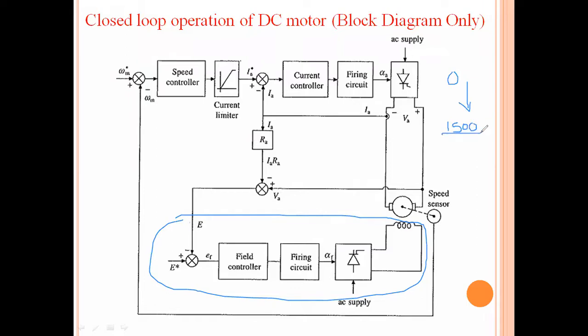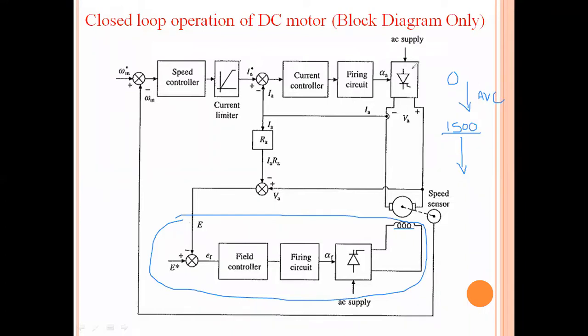If 1500 is the base speed of your machine and you want to run the machine above 1500 RPM, then we will use this field weakening or flux weakening technique, this loop. Then we can control this field winding, which accelerates the motor further above the base speed. From 0 to base speed, it is armature voltage control,